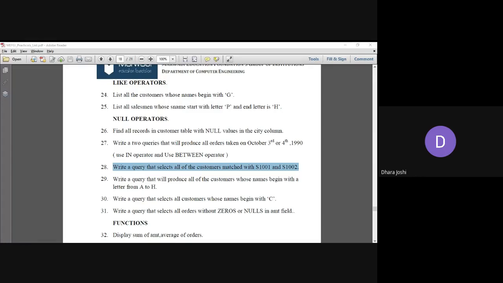Akanksha, Kumarpal, Dhwani, Vaibhav done. Very good. Pooja done. Good. Waiting for a few more responses and then going to the next query, which is 29. Janvi done. Good.